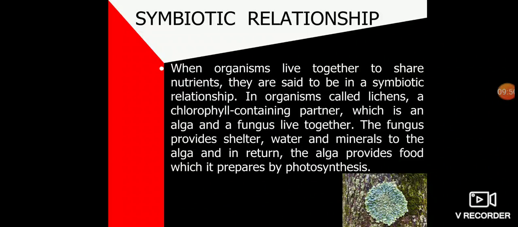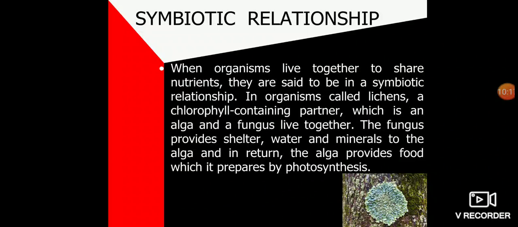The alga plant, being green, prepares the food with the help of photosynthesis and shares it with fungus. Thus, you can see that both alga and fungus gain mutually from one another by living together. So, this is an example of symbiosis. Now, coming to the next example,